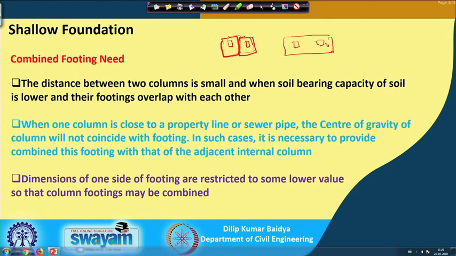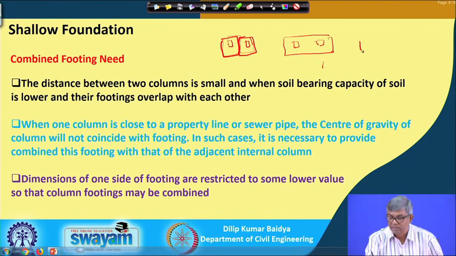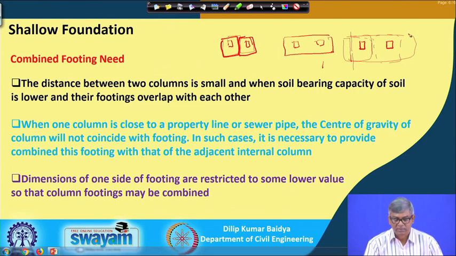And then there is another type of combined footing. Suppose there are two footings, one column is somewhere here, and another column is somewhere here. For this column, suppose I give an isolated footing, it is all right, but on this side there may be a property line. If I give an isolated footing here, it goes beyond the property line. In that case, we have to restrict the foundation up to this line, and how to do that? Then some load can be transferred to the other column. To do that we can connect both of them and give a single foundation. That is another requirement.